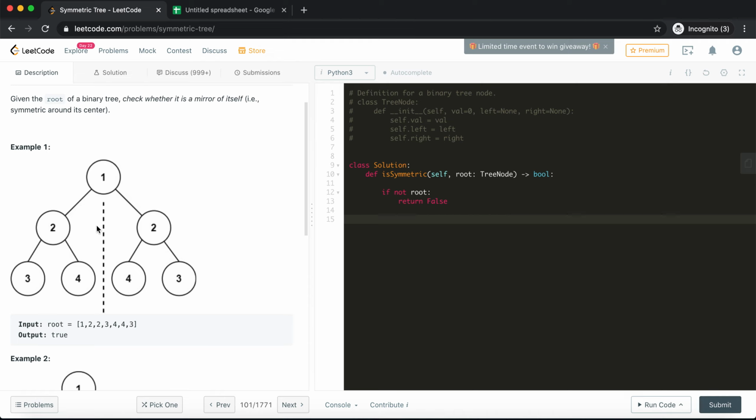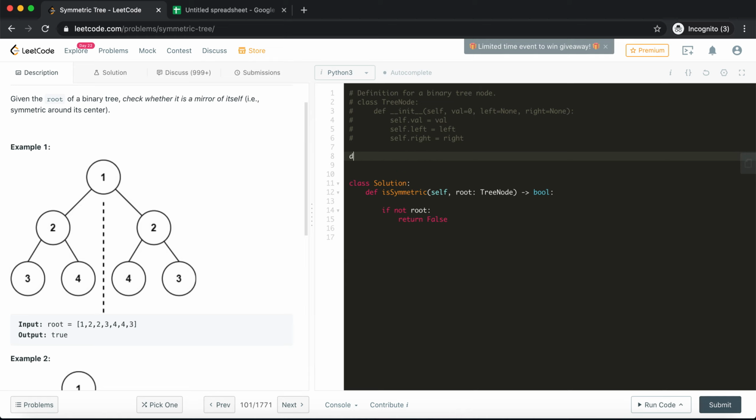Now, in many tree problems, recursion generally plays a very heavy role. So we need a helper function which will recursively check our conditions on every node. We'll define a function here and name it compare nodes.